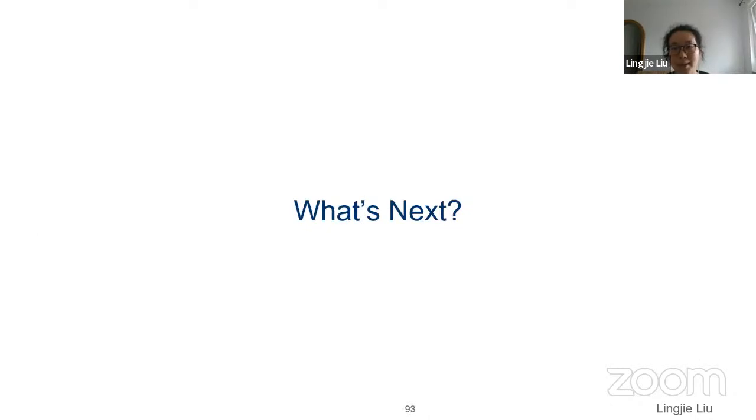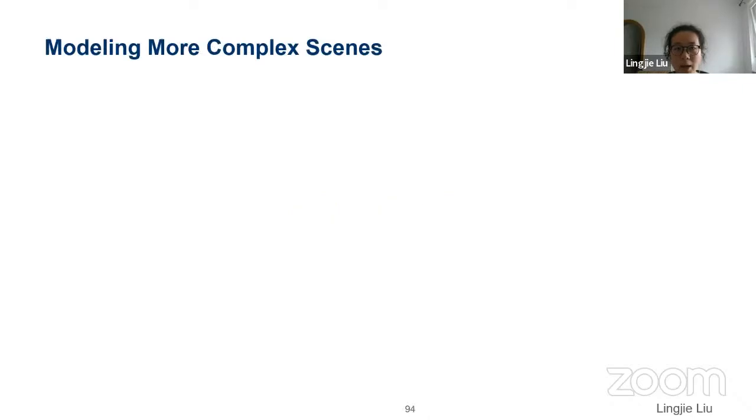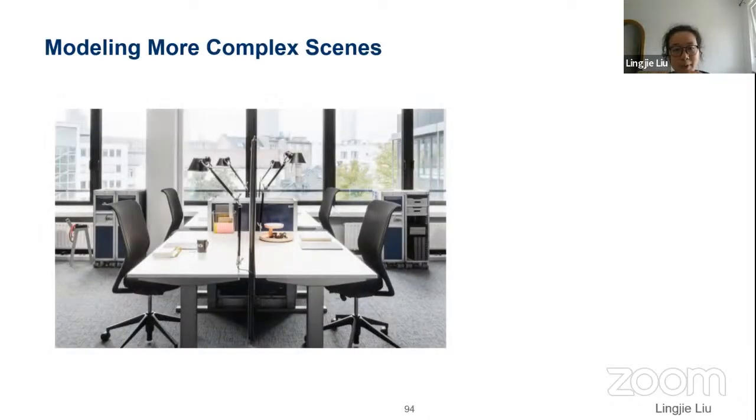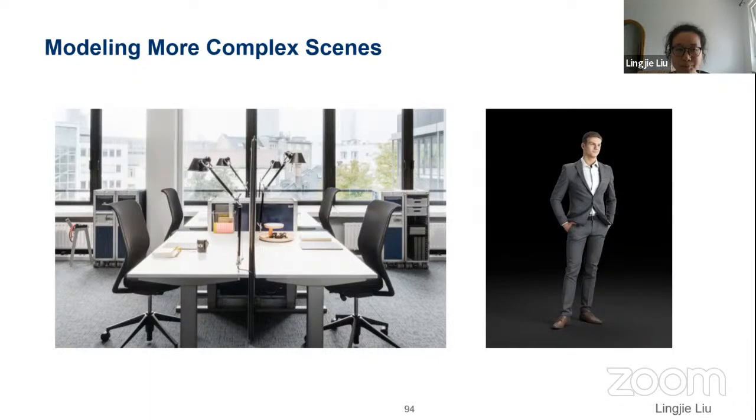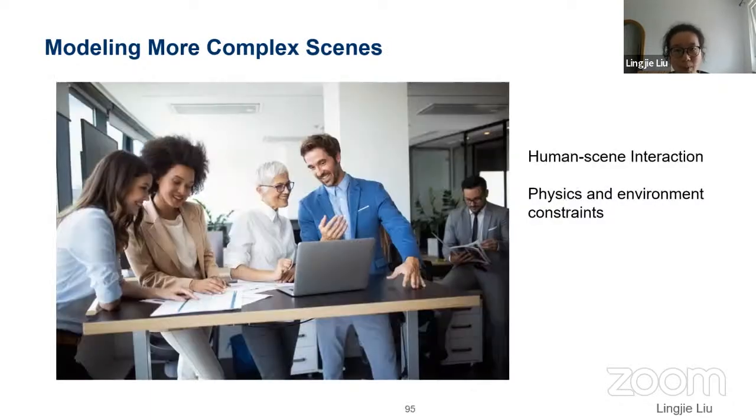Finally, I'd like to discuss the future directions of my research. So far, I have been mainly focusing on neural modeling and rendering for either static scenes or humans. In the future, I'd like to explore modeling and rendering for scenes with interactions between humans and objects. This will require research on human and object interaction tracking, segmentation, and physics-based simulation. It also requires a dataset of human and object interaction for training these 3D deep learning models.